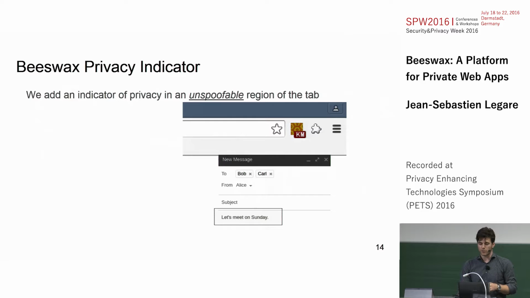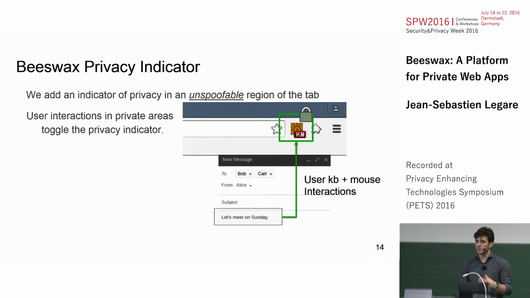So whenever a user interacts with an area that's been defined or controlled by Beeswax, like user keyboard and mouse interaction, it will flash that indicator icon in the browser, and then the user knows that whatever events are being sent there cannot be exfiltrated by the application. There is no way for the app to trigger those events either, because it's not accessible to it.